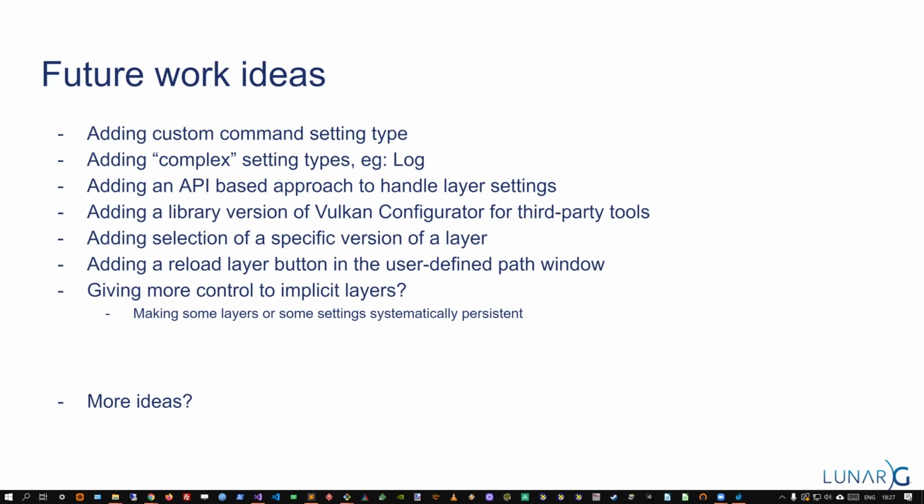For example, API dump is a layer that just captures all the calls made by the application to the driver and logs them.